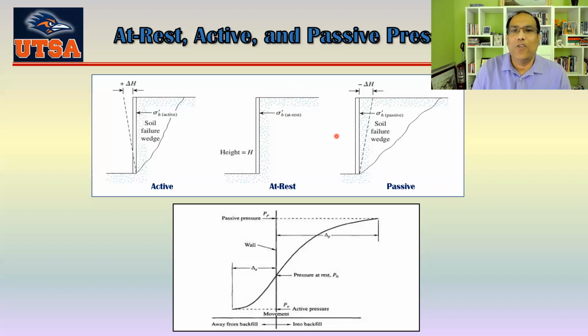Okay, so based on that, your pressure will vary. So you can see here, this is your at rest pressure, and this is your active pressure. Active pressure is usually lower than your at rest pressure, and your passive pressure is usually much higher than your pressure at rest. Okay, so now we'll talk about each of them separately, and we'll include what situations you are going to face at the field level. Okay,